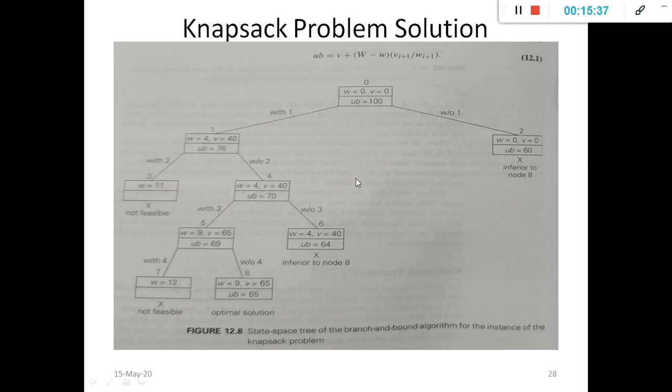That means finally only item 1 and item 3 are included in the knapsack, or item 1 and item 3 are placed into the knapsack to get the maximum profit of 65, and 65 is the upper bound, or the maximum profit value for this given knapsack problem solved using greedy